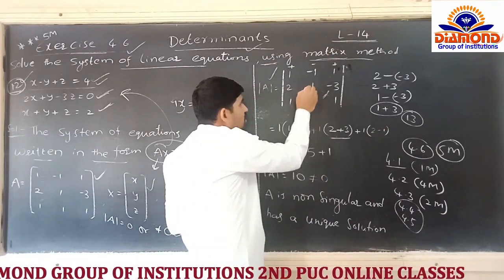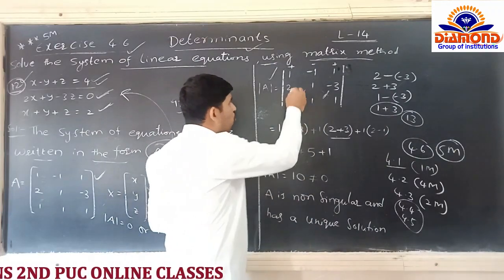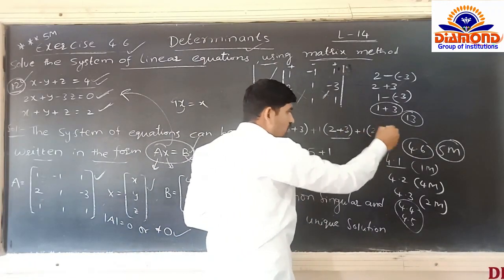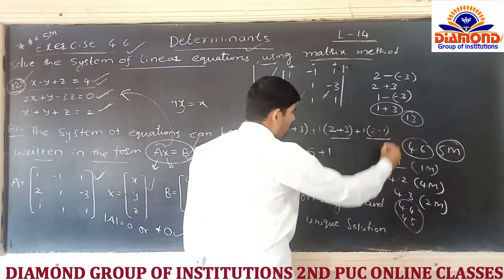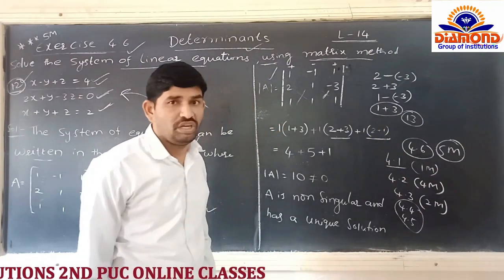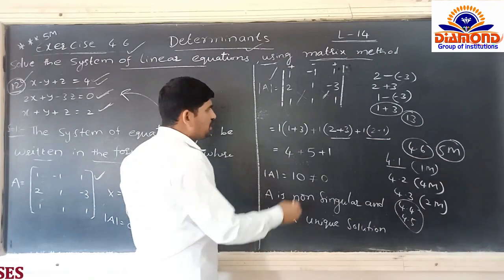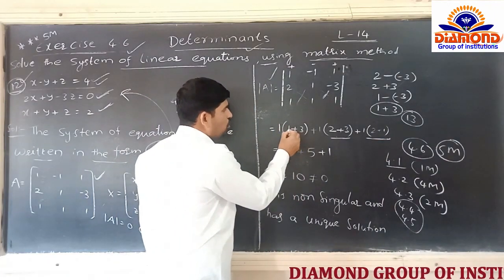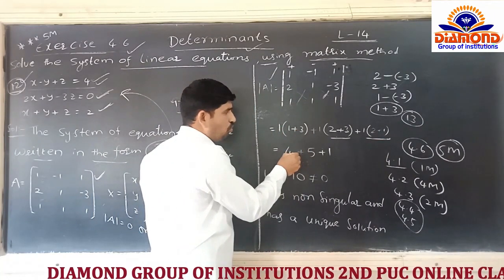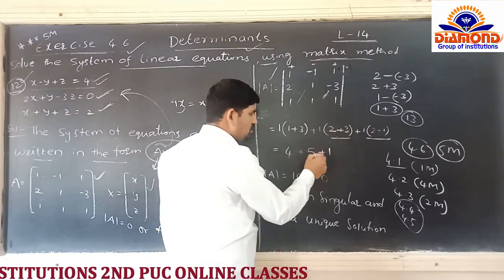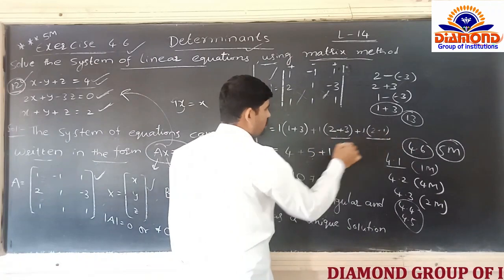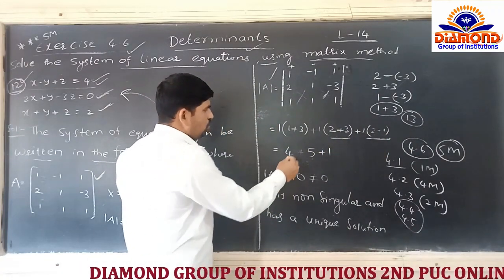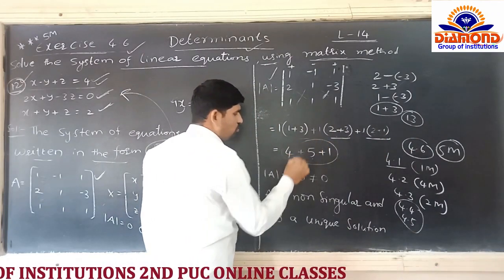Just make the cross multiplication for this. 2 into 1 is 2. In between we can get minus. Again 1 into 1 is what? 1. We got again 2 minus 1 as well. Now the simplification of this one is, see, 1 plus 3 we can write what? 4. Again 2 plus 3 is 5 and 2 minus 1 we are having what? 1. So 1 into 1 is what? 1.